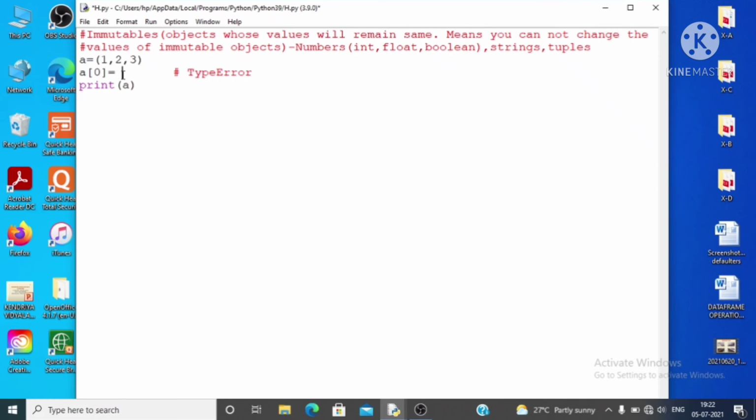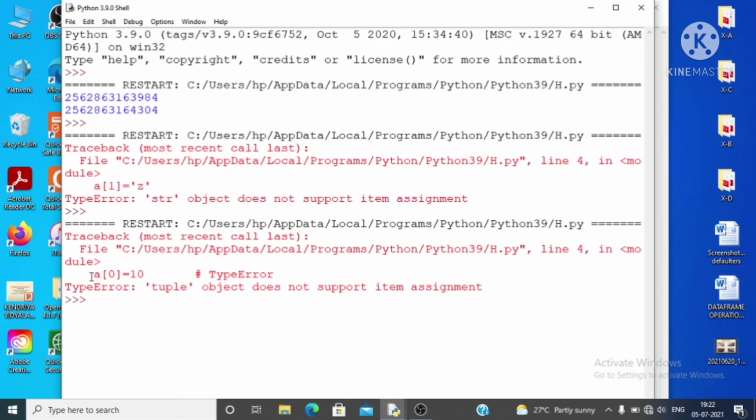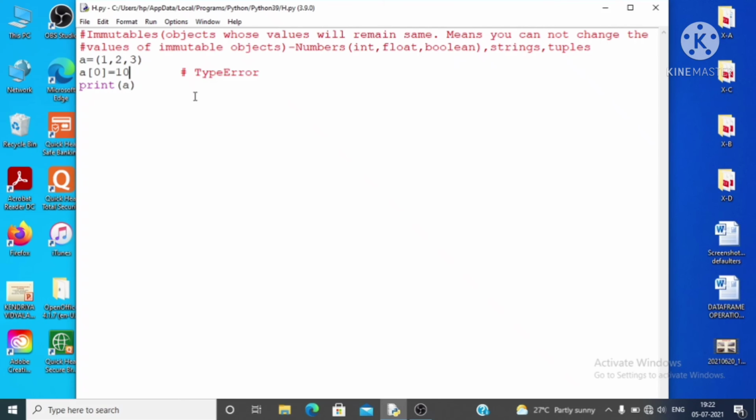So again the type error will be generated because tuple is also immutable. So save and run your code. Since again it is giving the type error, tuple object does not support item assignment. These are the examples of immutable objects. Okay, now let us see what are mutable objects.